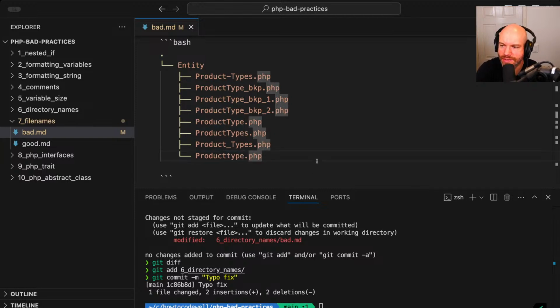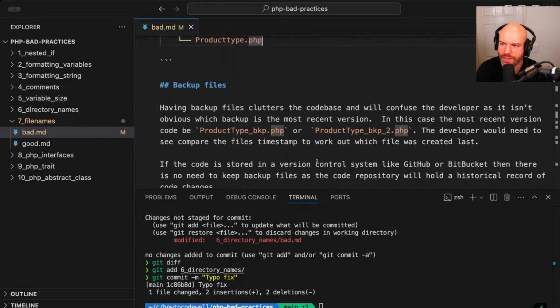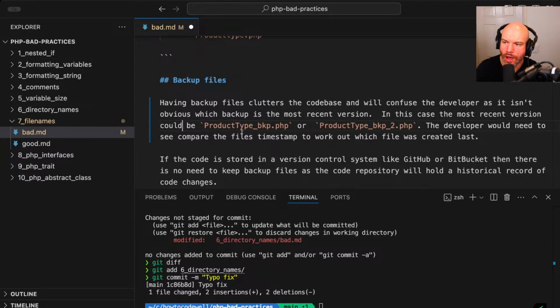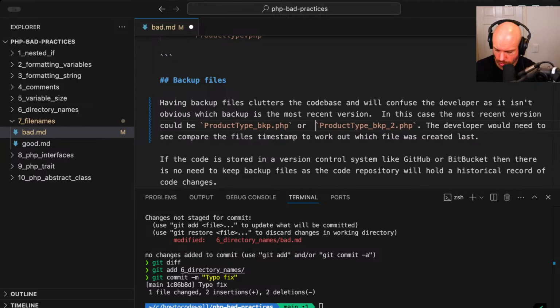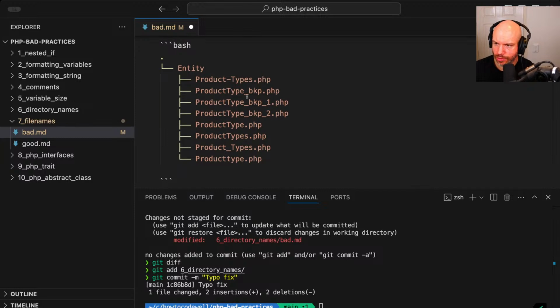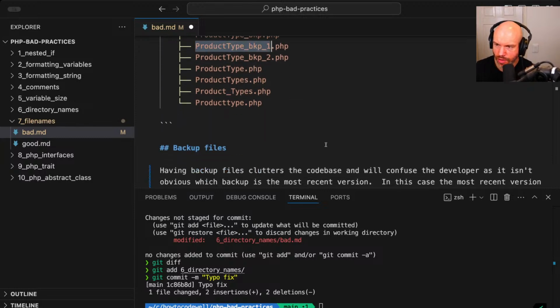Okay, so let's break this down. Backup files. Having backup files clutters the code base and will confuse the developer, as it isn't obvious which backup is the most recent version. In this case, the most recent version could be ProductType_BKP or ProductType_BKP2, or even, there was this one up here, wasn't there? ProductType_BKP1, right? So there's 3